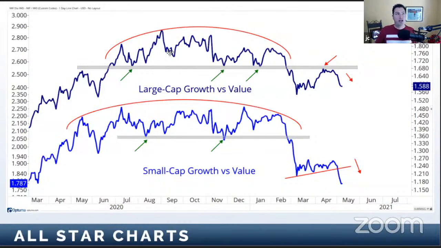The money coming out of large cap growth is quite obvious. Just to be clear, it's not anything new. This has been happening since Labor Day of last year, so we're going on three quarters of growth underperformance. And what's interesting is that more recently, after March and into April, we got a bounce on a relative basis